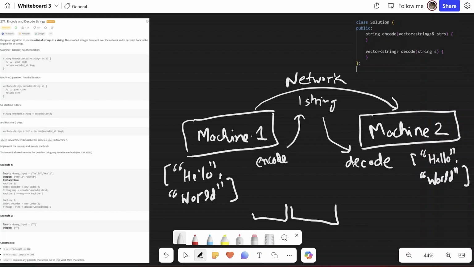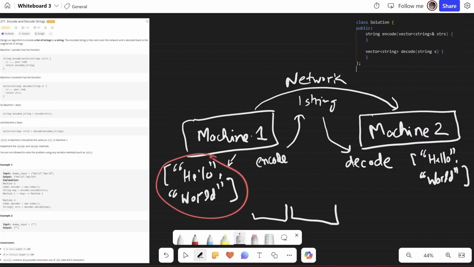So for example, in this hello world, and we are given that also the string length is less than or equal to 200. So that means 3 digits will be enough to fit the length of any string in the input array.